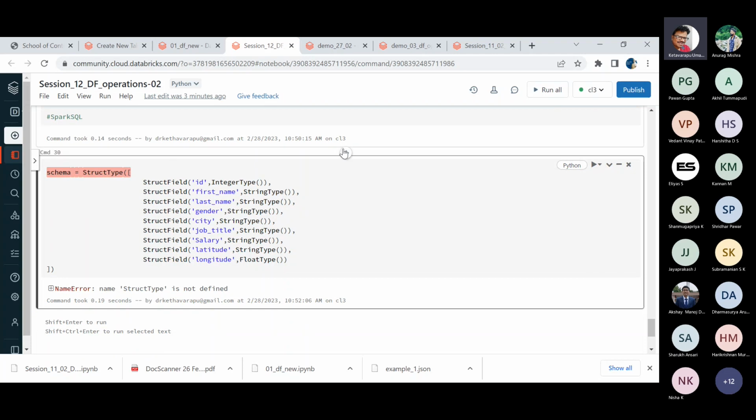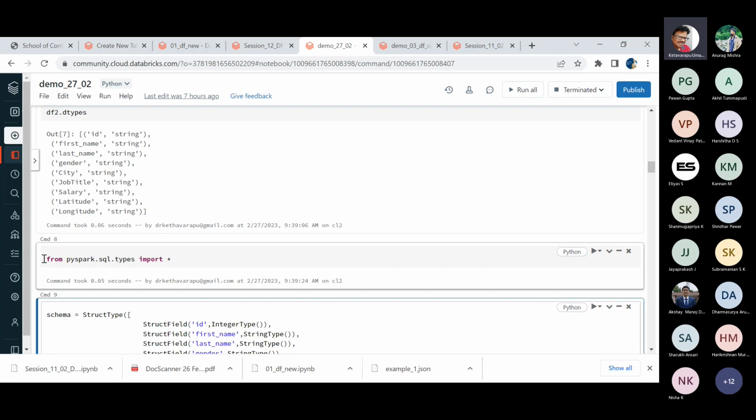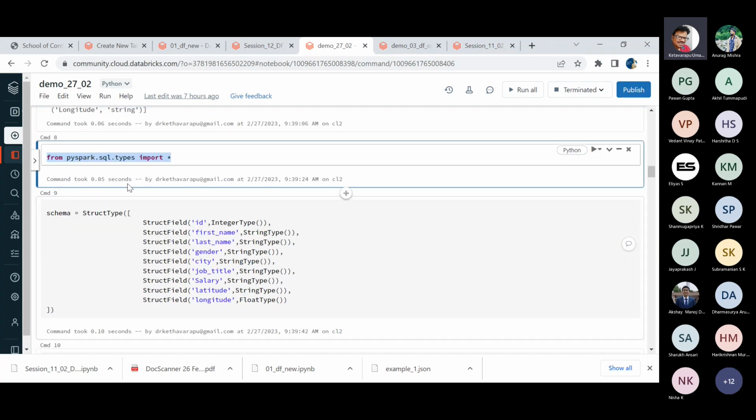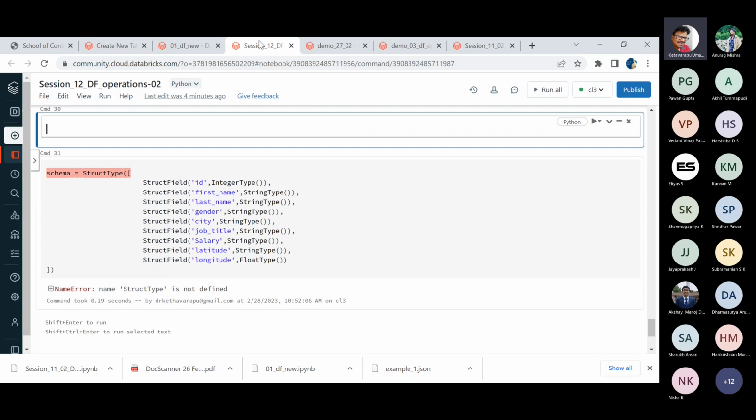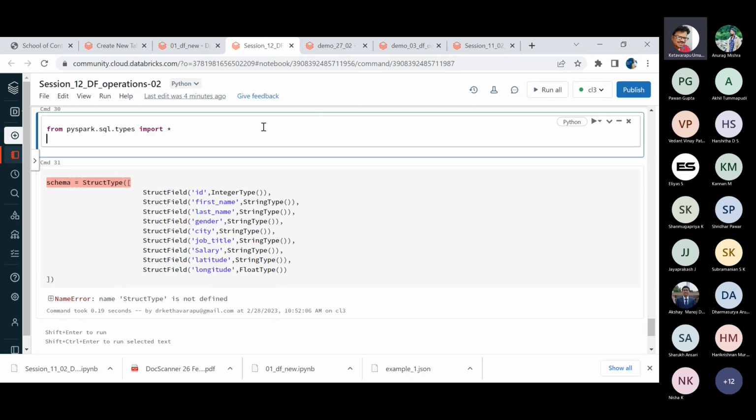Okay, I have to import now. We need the import options. We have already imported somewhere. Either you can import the star, okay, two ways are there now, guys. Let me show you that also. Either you can do like this, or else you can do like this also: from pyspark.sql.types import